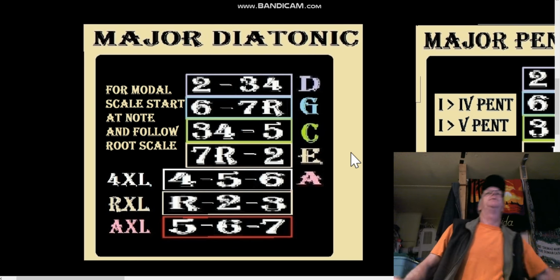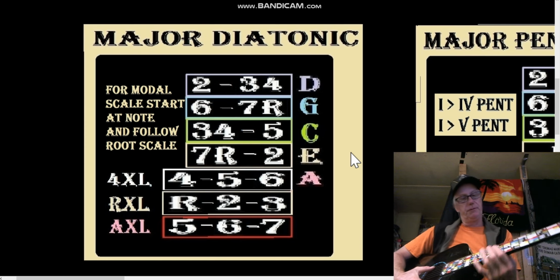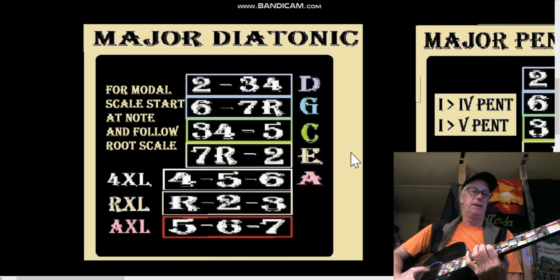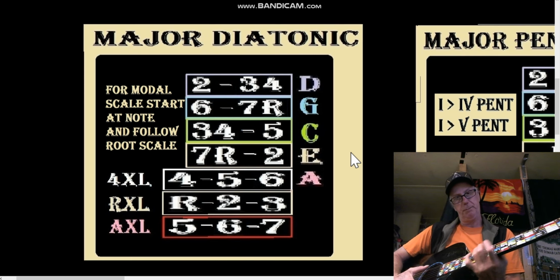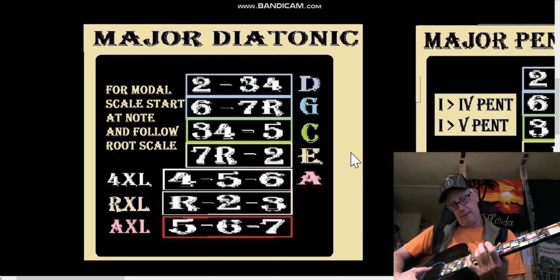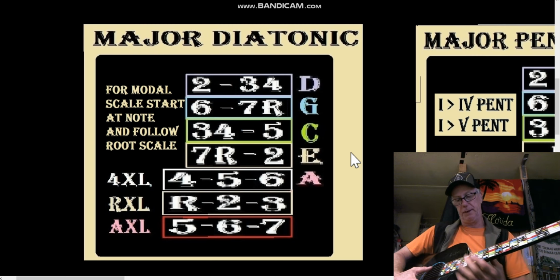So how would we do an Aeolian starting from 6? Say here's our A. So we got 5, 6, 7 there. G, A, B. Okay, so you should have a dot on the B, I think. Yeah, there's a dot on the B. There's a dot on an A. There's a dot on G. And then there's a dot on C sharp, but we're not doing that right now because